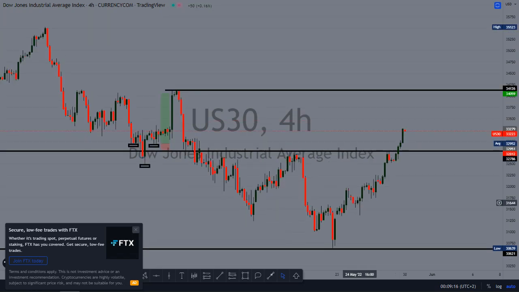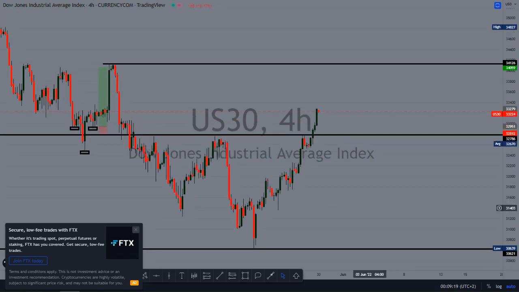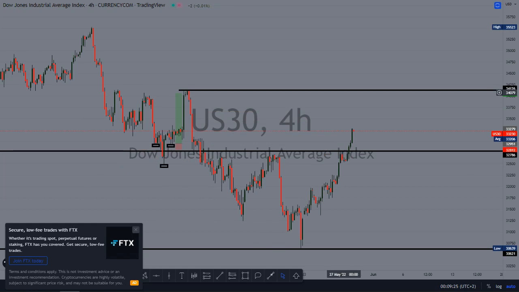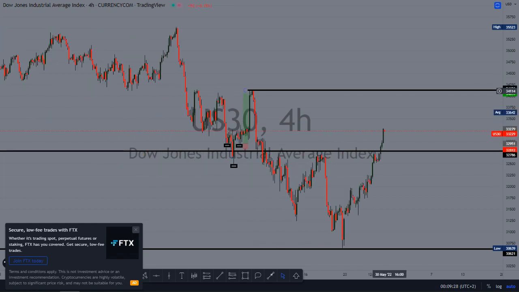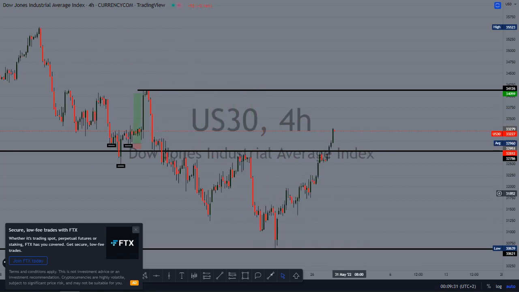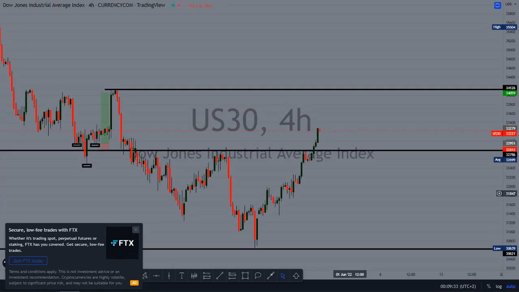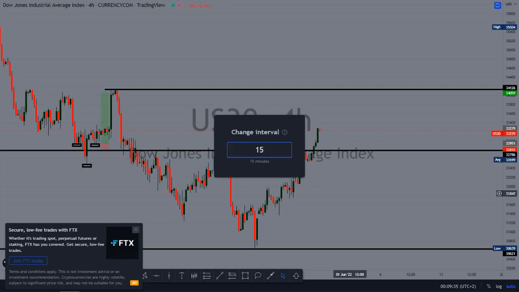So here on the 4-hour time frame, we can see we also have our peak formation low, which is also locked on US30. And you can see here we have our zones where the market can tend to go to, or where the market can reverse. So if you go on the 15-minute time frame,